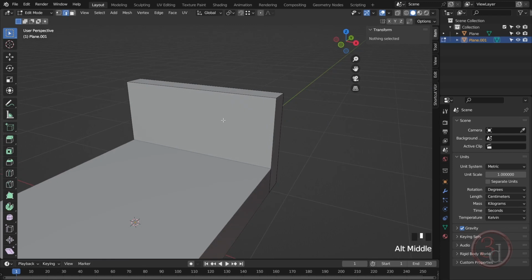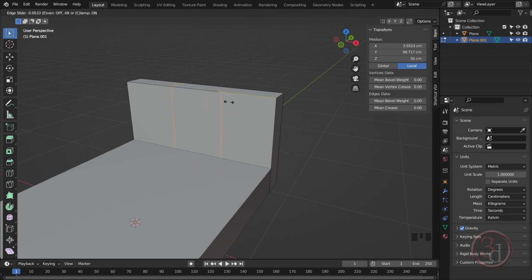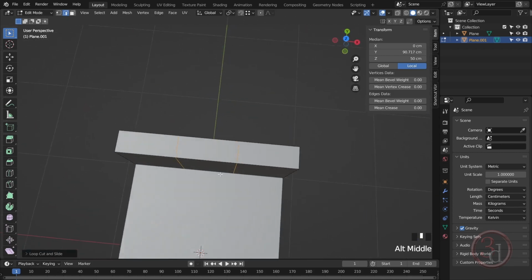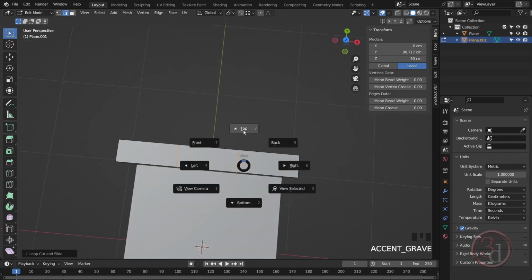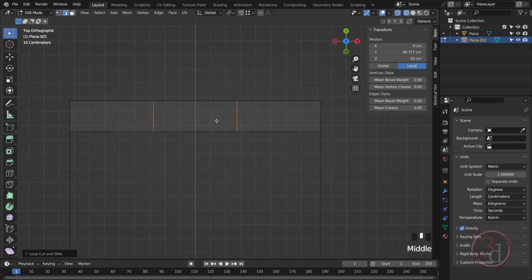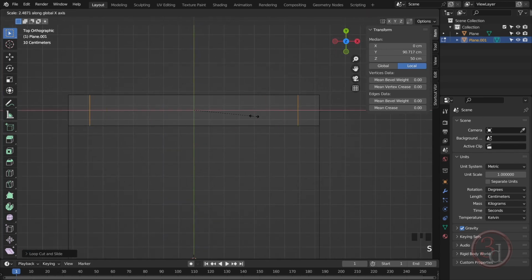and I'll press tab to go into the edit mode, and I will create two loop cuts. Press Ctrl R and use the mouse wheel and then left click and then right click to leave it in the center, and then I can scale this out. Go to the top view, and in a wireframe mode I can see better. I can just scale this out